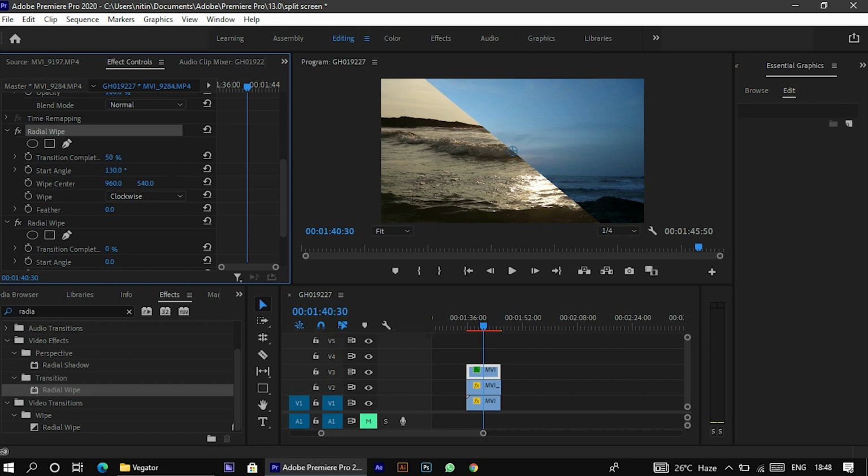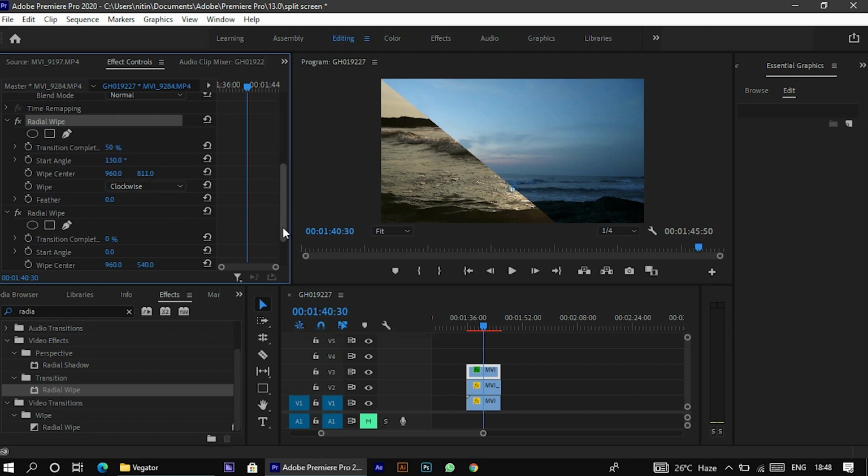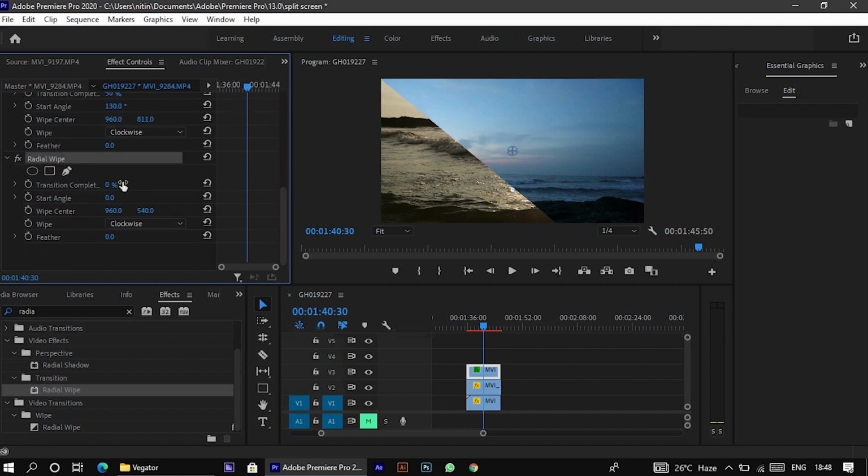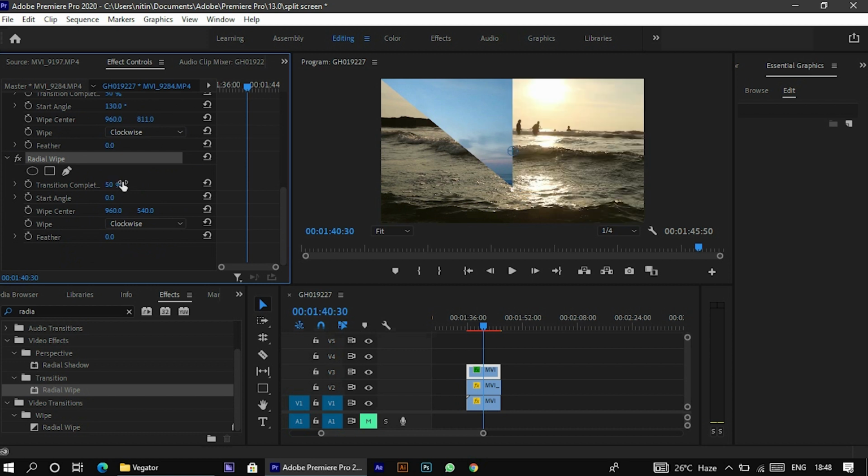Now you just have to adjust it by wipe center, just moving these values, just like this. It looks good to me. Now what I'll do is I'll go to the second radial wipe within this video, then I'll adjust this too. Now for that, first I'll do this transition to 50, and starting angle will be -50. Then that will give me the same diagonal line. These lines would be parallel to each other. Then I'll just have to adjust it with my own needs, just like this. I want this to be here, and it looks pretty good to me.